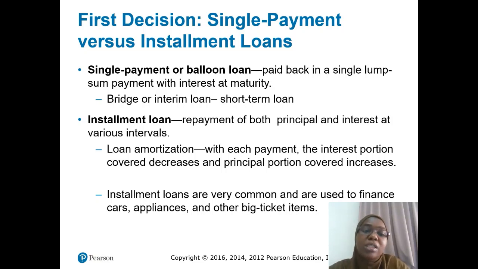The other option is the installment loan. Here you have to pay the principal as well as the interest at intervals. So you pay the money over time in installments, and you also pay the interest. And of course, with this installment loan, there is what is known as amortization. With each payment that is made, the interest portion covered is going to decrease